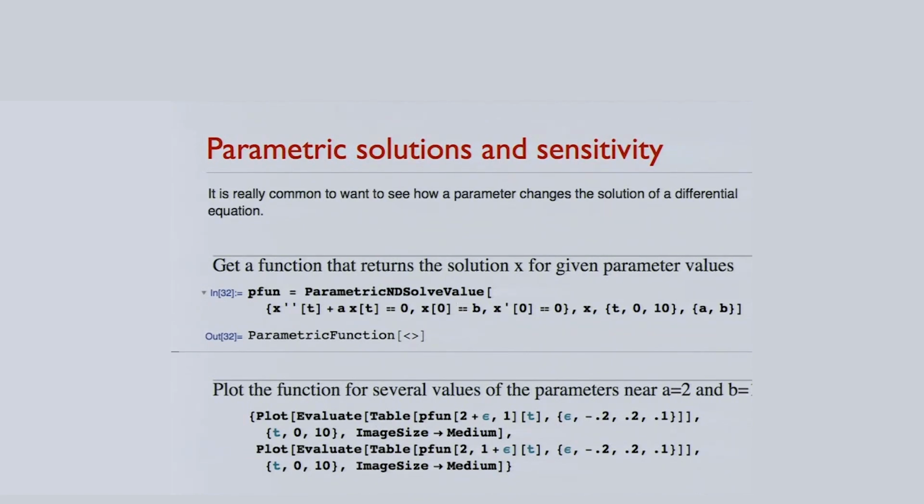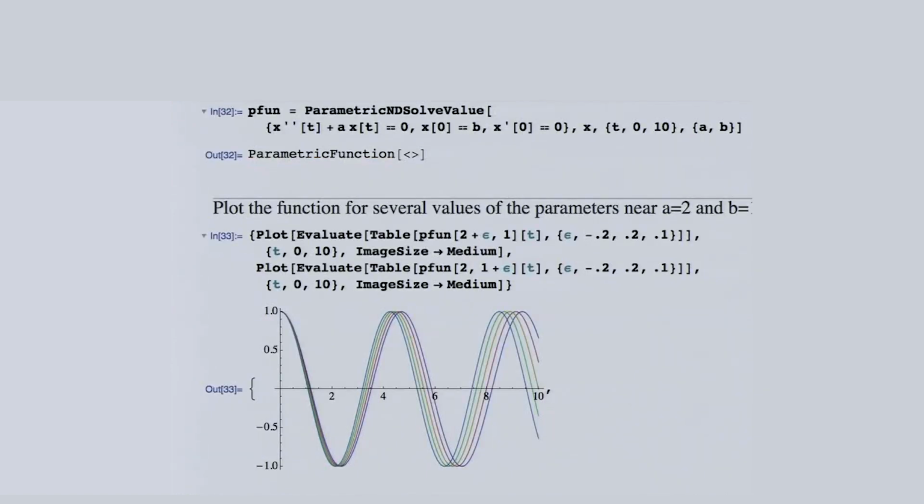Let's actually plot some values. So here I've done several values of the function for 2 plus or minus epsilon, just small changes around a value. And notice what I'm giving is p values of the parameters. That's going to give an interpolating function. Then I do it of t. That's the function I'm plotting with respect to t. Okay, now something this allows you to do,